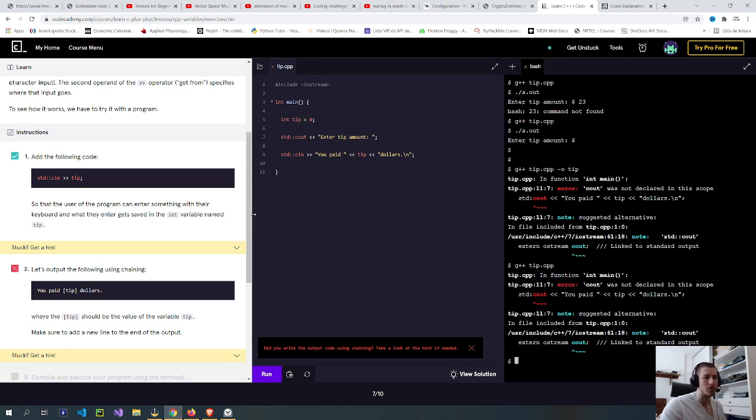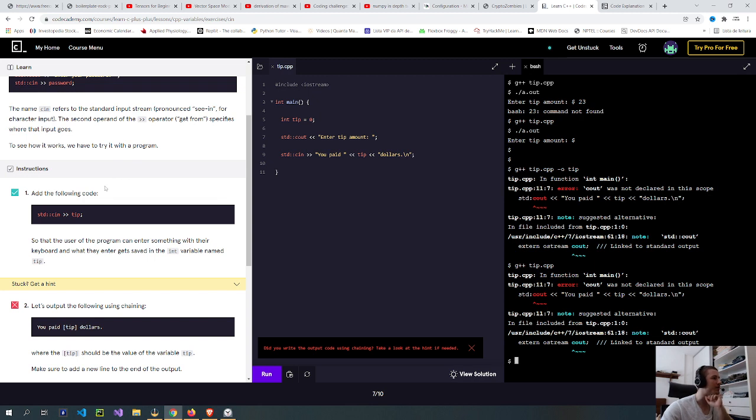Yeah, I'm not sure what's wrong. Maybe it's the arrows that need to be all the same way. I'm not sure what they want me to do. std, yeah.